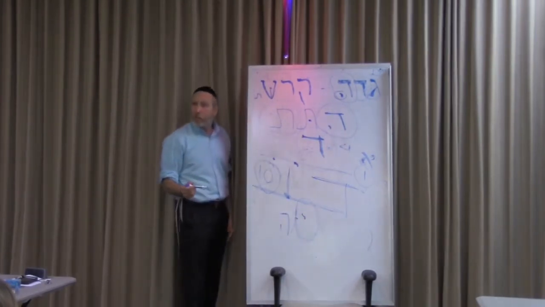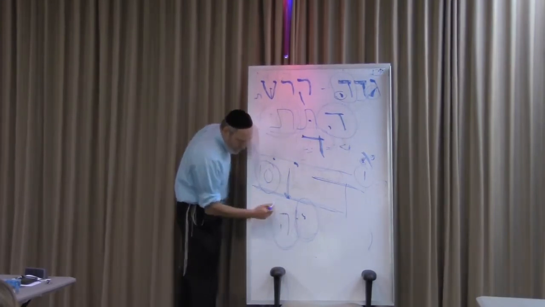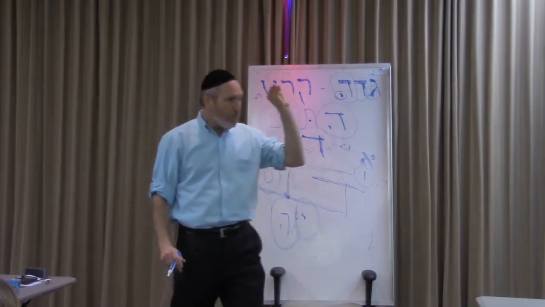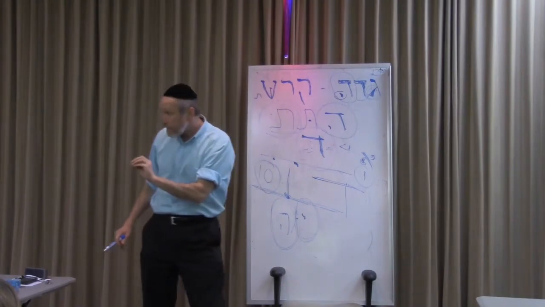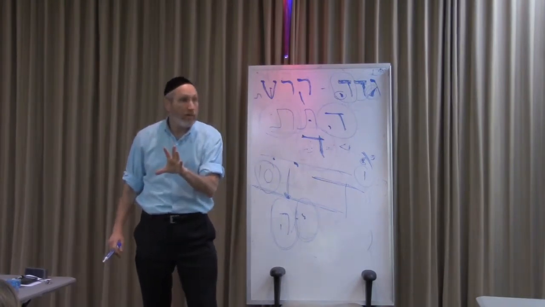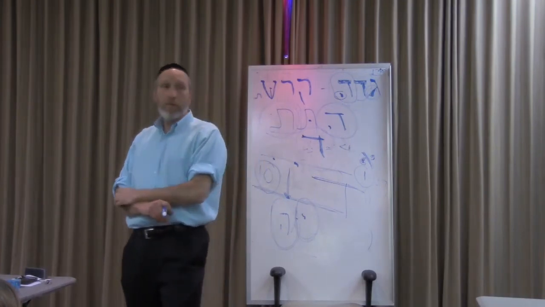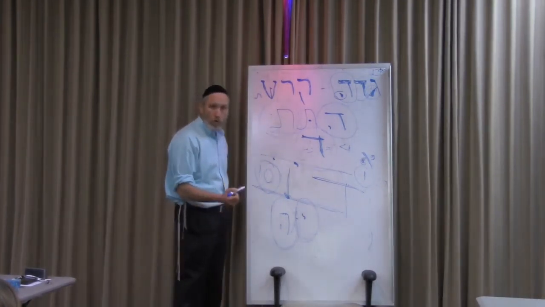But He created this world with what letter? The Hey. The Yud is the spiritual source, that's the world to come. And the Hey is what He created this world with. And it's actually a verse in the Torah. It says, B'yom Hi Bar'am, in the day that God created the world.